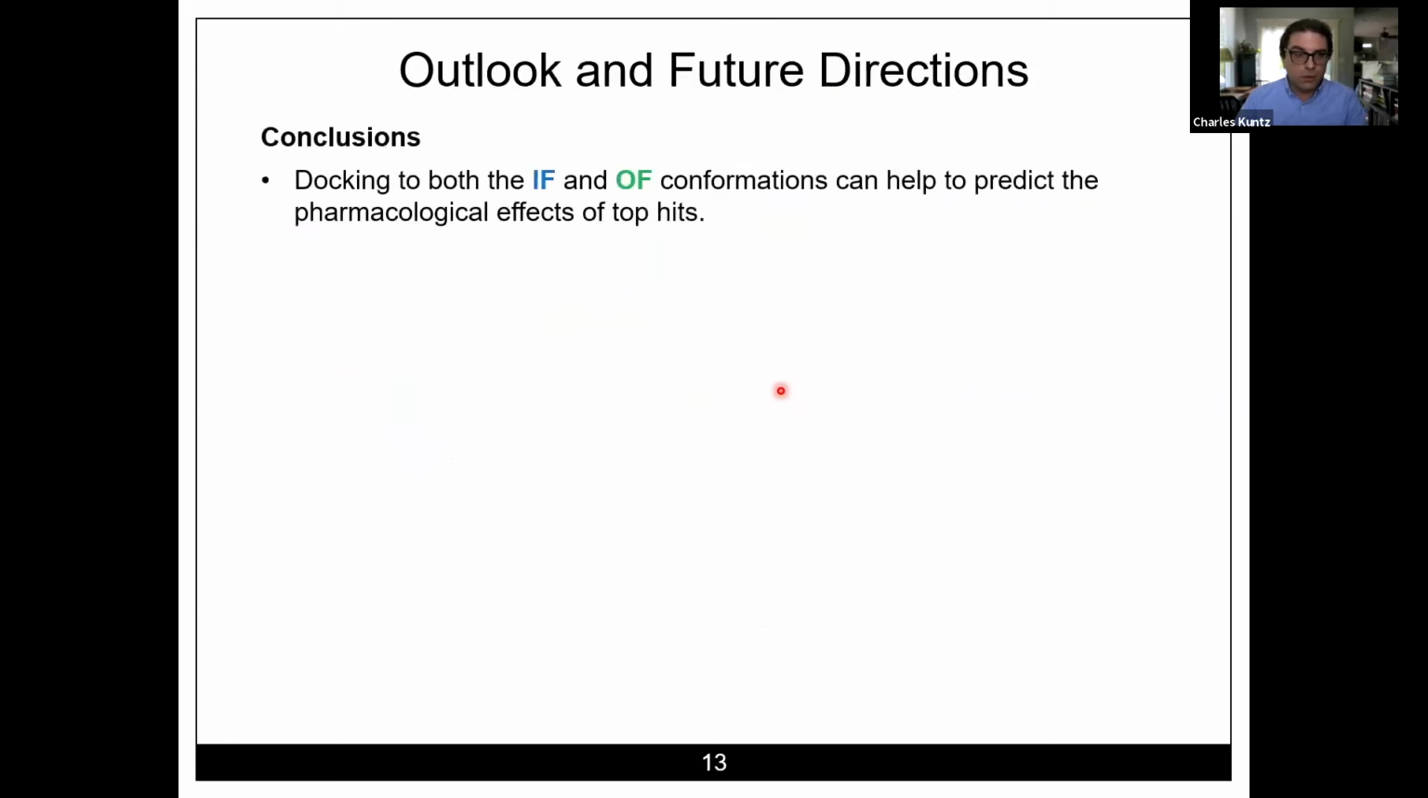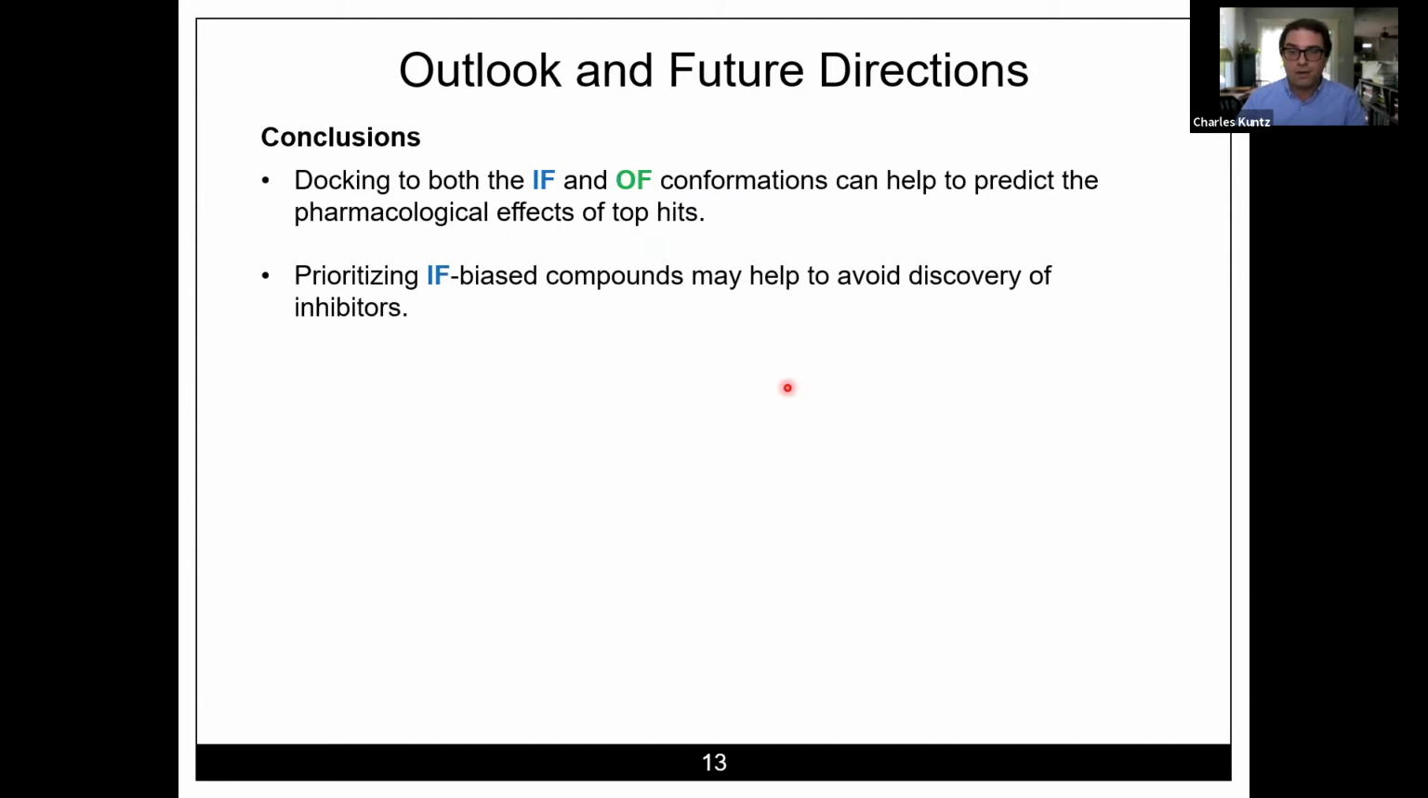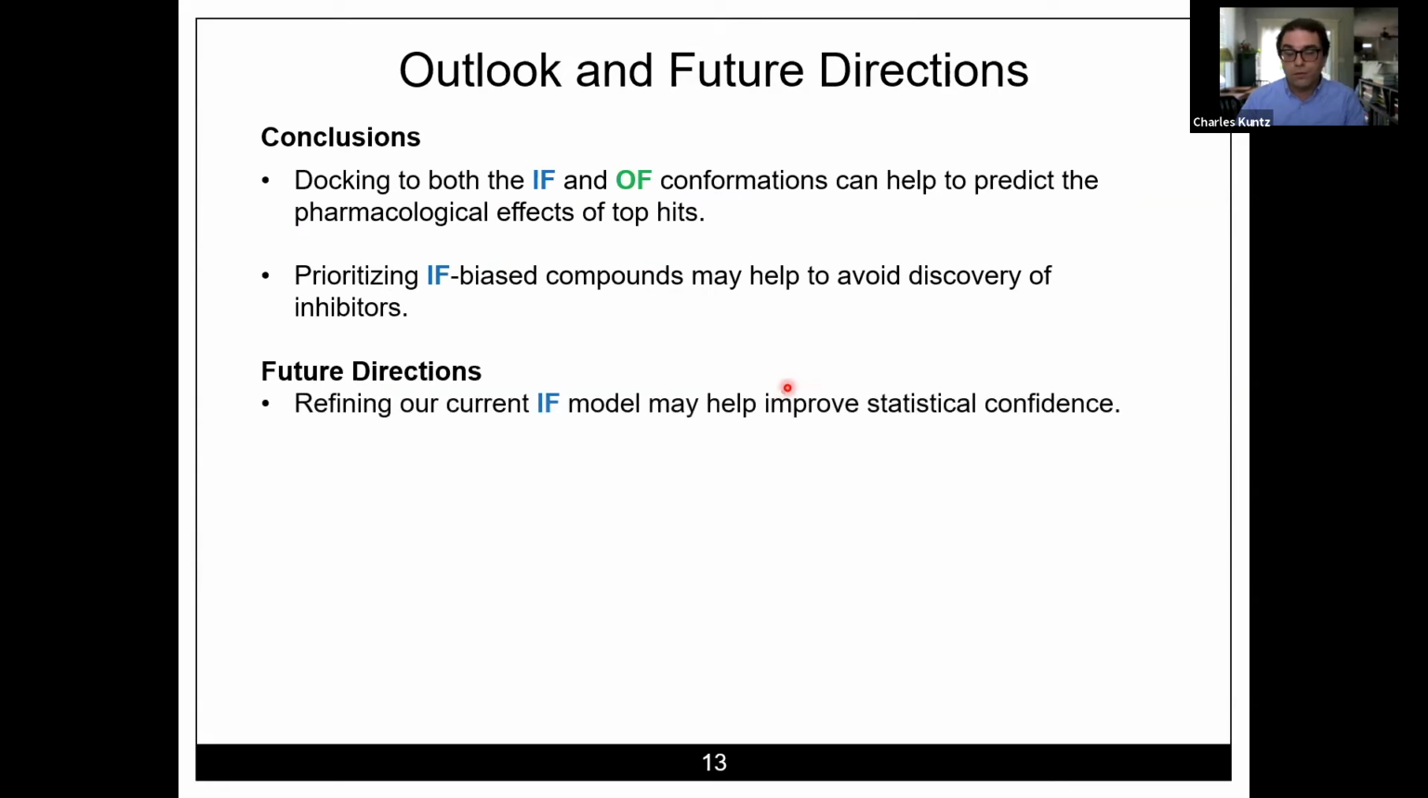So going forward, we want to dock compounds from our virtual screen in both the inward-facing and outward-facing conformations to help predict the pharmacological effects of top hits. We want to prioritize inward-facing biased compounds to help avoid the discovery of inhibitors. And going forward, the first thing we want to do is